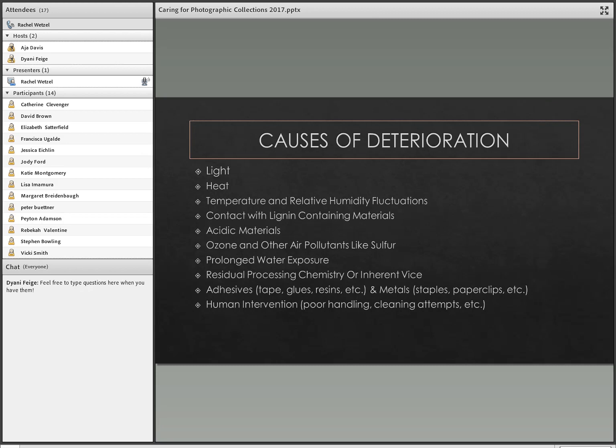When you have a flood and you have prolonged water exposure, that can have some really negative damaging effects on photographs. And then sometimes you might do all the right things to store your photographs properly, but maybe the photographer themselves or the person who printed the photographs for that photographer wasn't incredibly diligent. So if there's residual processing chemistry or just sort of negligence on the part of the photographer himself, sometimes those are what we refer to as inherent vice and things that you really don't have a whole lot of control